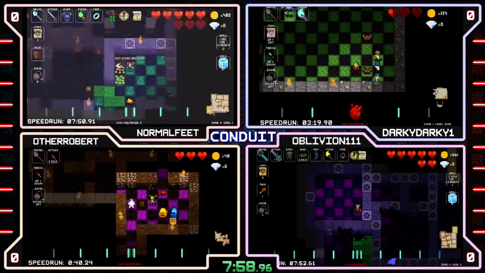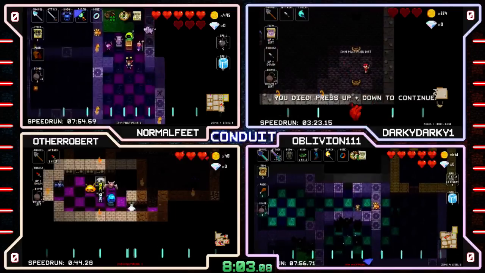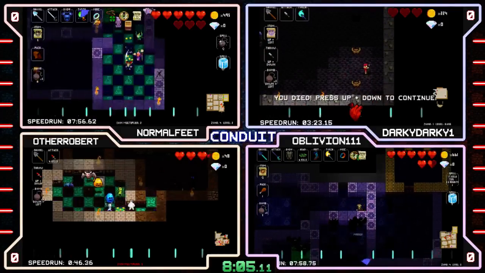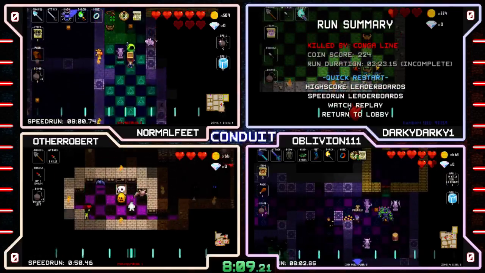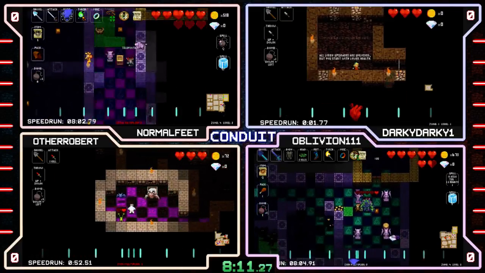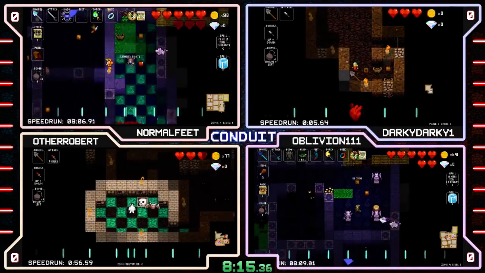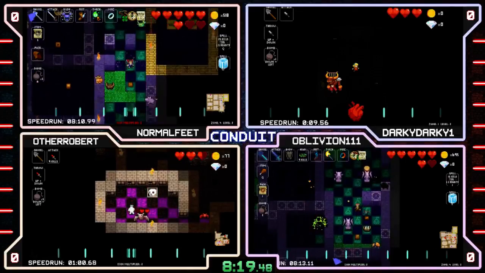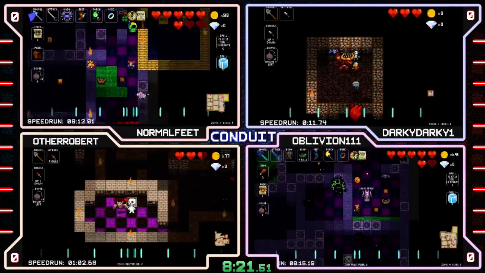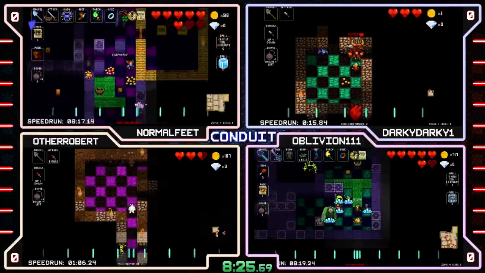I think that's next level strats there because Zone 4 can take a very long time because the exit is always diagonal from your spawn, and so in that case you need to get to the exact furthest spot, which of course means getting teleported can often speed you up there. Yeah, so we got a real race going on here between NormalFeet and Oblivion. Oblivion still has a bit of a lead, but I think NormalFeet has the capability to go super duper fast,